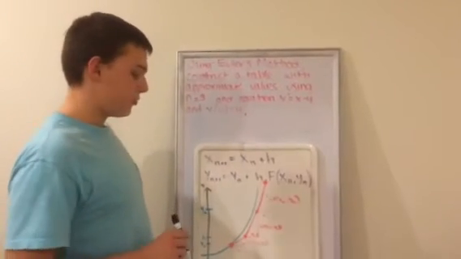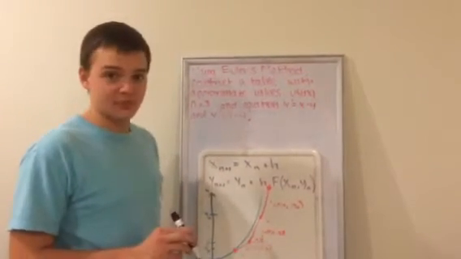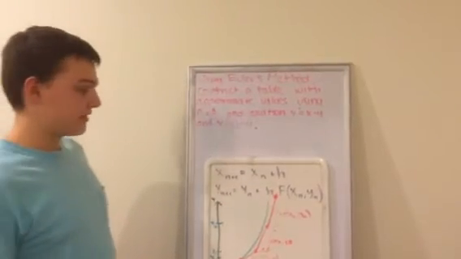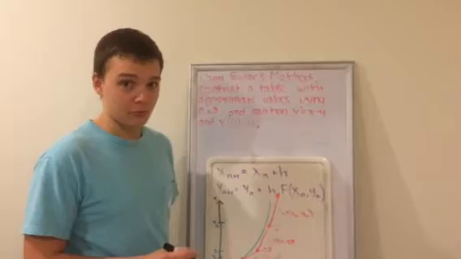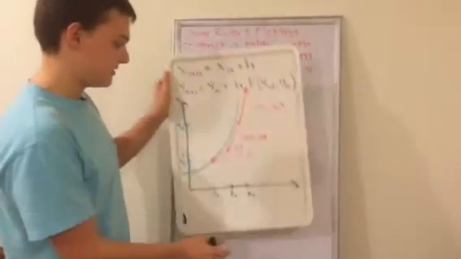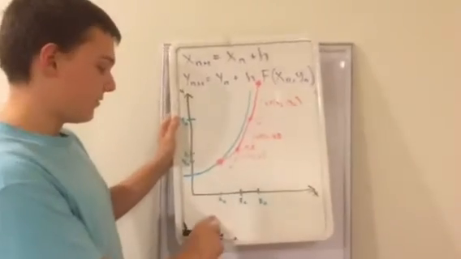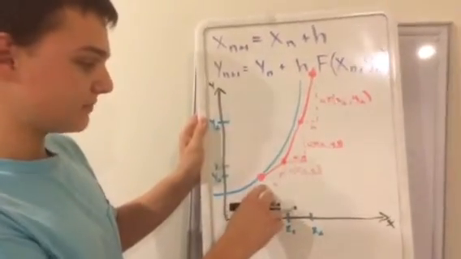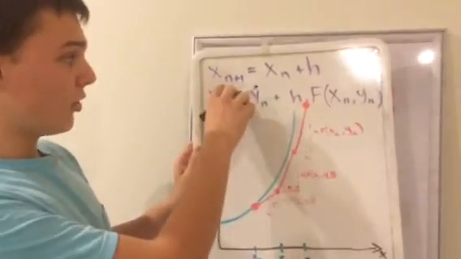Today we'll be teaching you about chapter 6.1, Euler's method, and how to use it. Euler's method is a way to approximate a point on a graph. As you can see here, for this graph you start at an initial point, in this case x naught, y naught. And from here you would add